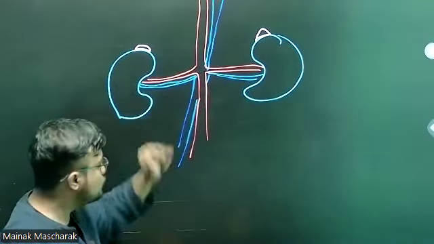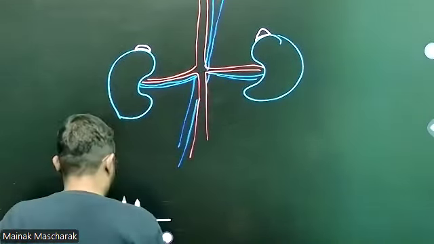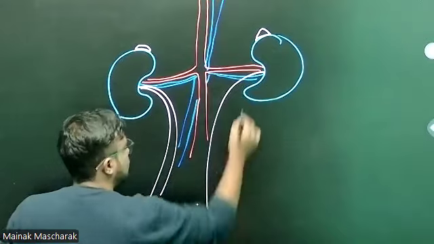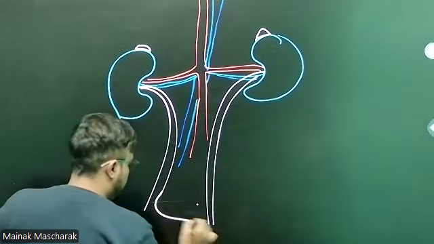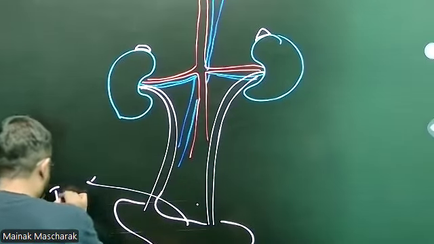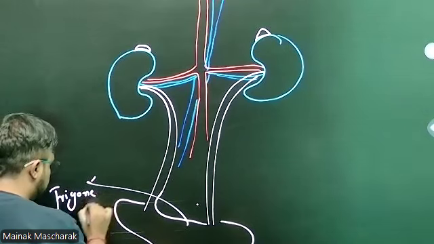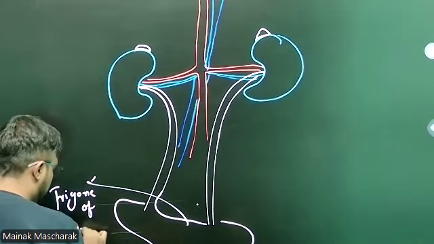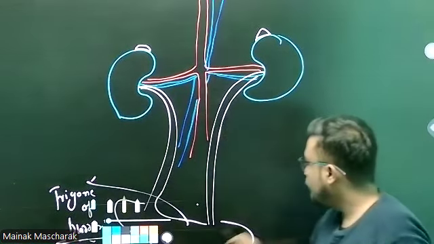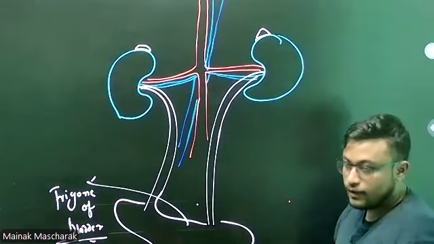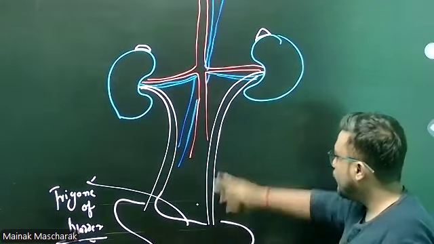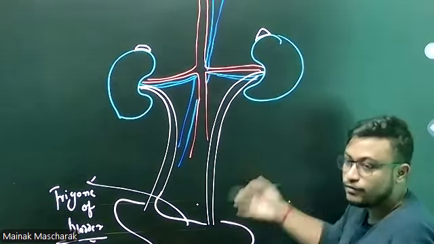Yes or no? The renal vein joins in the vena cava, and from here we know that your two ureters will come. Yes or no? And these two ureters will finally open into the urinary bladder, and this is called the trigone of the bladder. Yes or no? This is called the trigone of the bladder. Generally what happens? The new kidney that is placed, there is an attempt to place the new kidney as close to the bladder as possible.